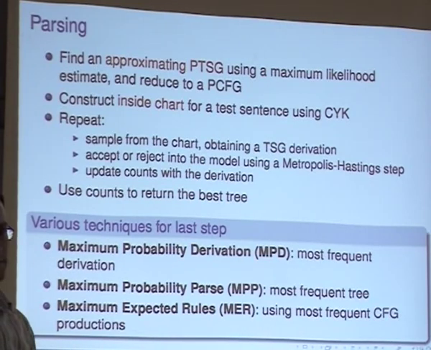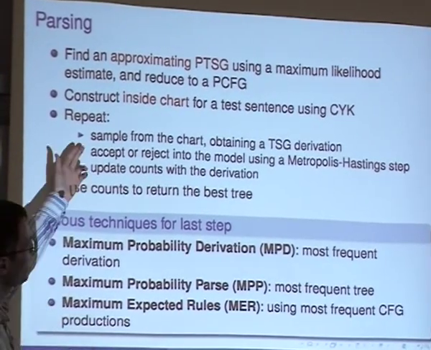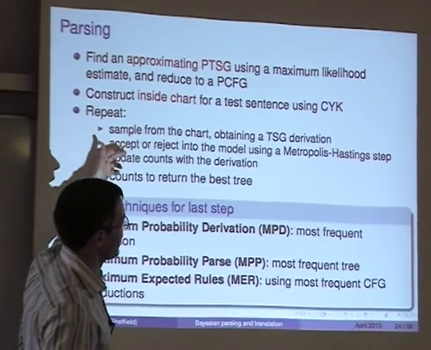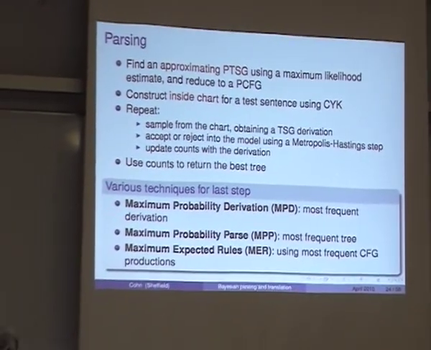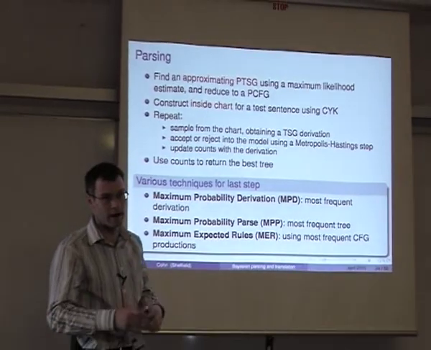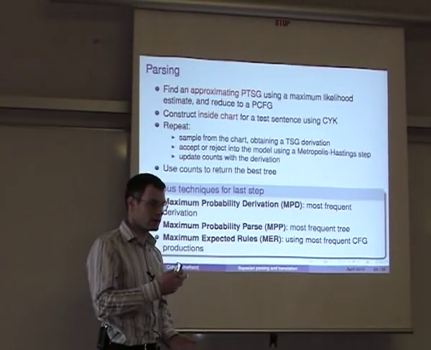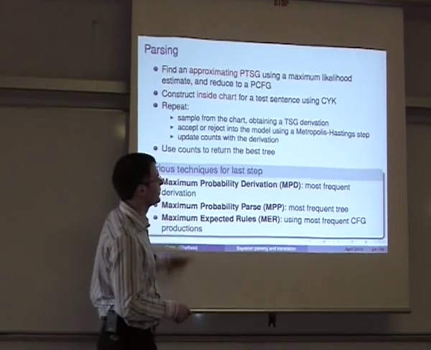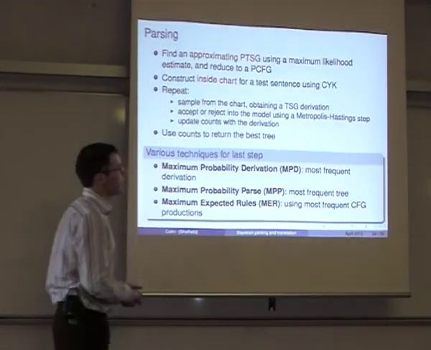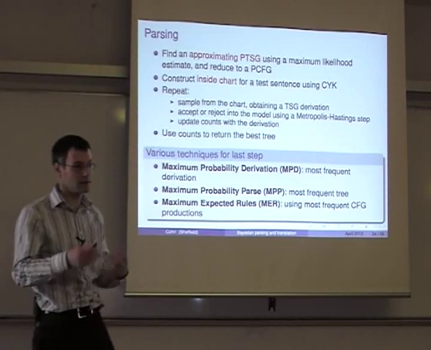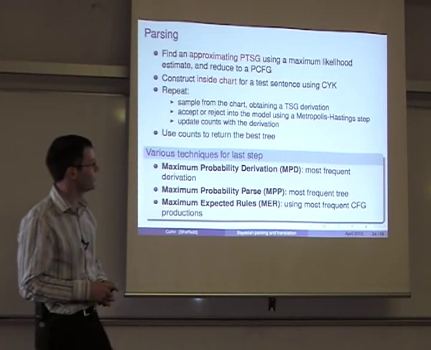But in general, there's a quite easy way of doing it. You can reduce one of these infinite Bayesian models into an approximating maximum likelihood model. Then you can sample from the maximum likelihood models. We do this using inside charts and chart parsing. We can get a whole lot of samples from the approximating model, and then we can correct it into our model. The idea is that this approximating model isn't quite going to be right, because it's not going to be encoding the rich get richer dynamic. But we can correct for that quite easily. And therefore we can collect statistics on the kind of trees that we expect to see from our model.